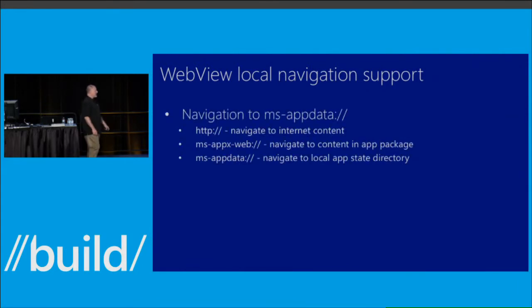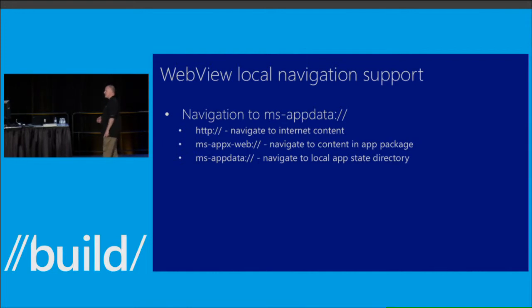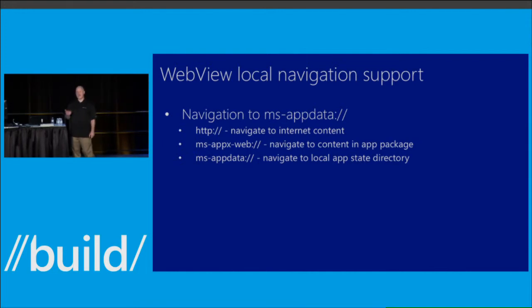So the simple case is what we call navigation to the MS App Data Protocol. Just as a reminder, HTTP or HTTPS is going to be navigation out to content that's on the web. MS AppX Web is navigation to content that actually shipped in your package and was part of your application. And then this new one that we're introducing is MS App Data, which is navigation to the local app state